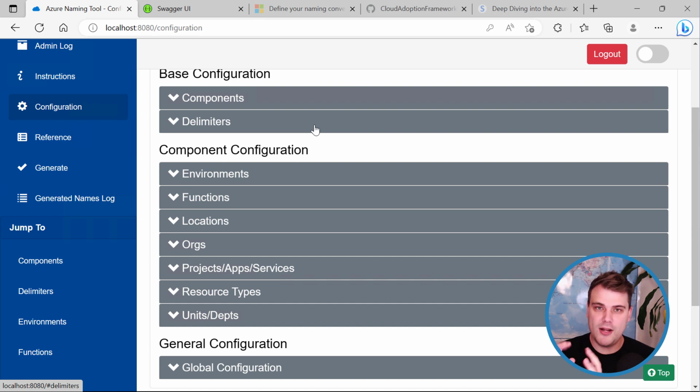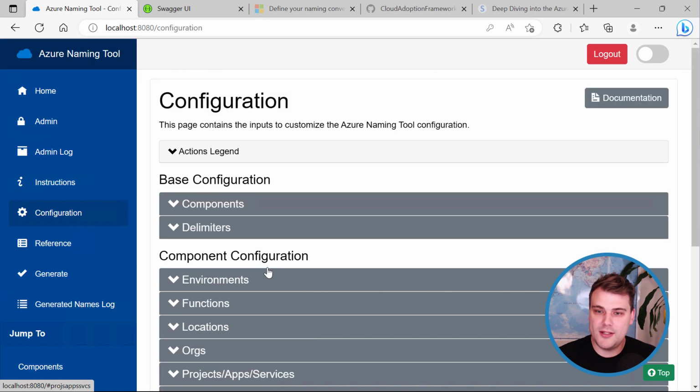But once you've got it right for your organization and how you do naming within your organization and your company, this will be a really nice resource to use to quickly go and generate names. The last thing that I did want to show is a URL here, which links back out to GitHub